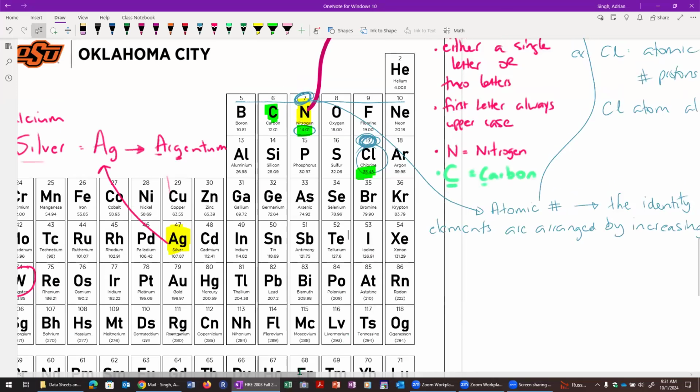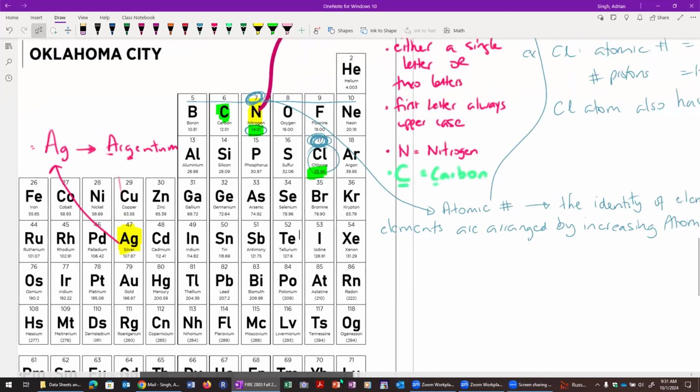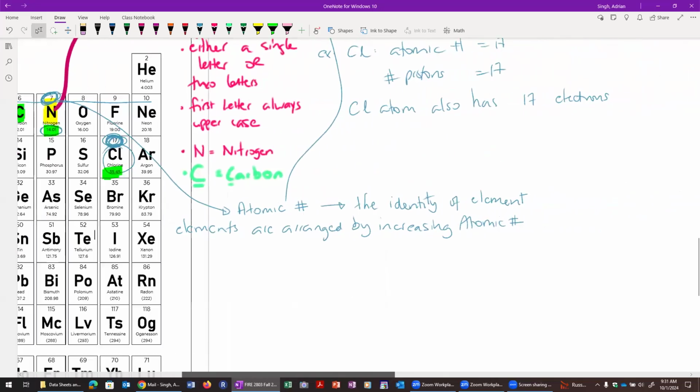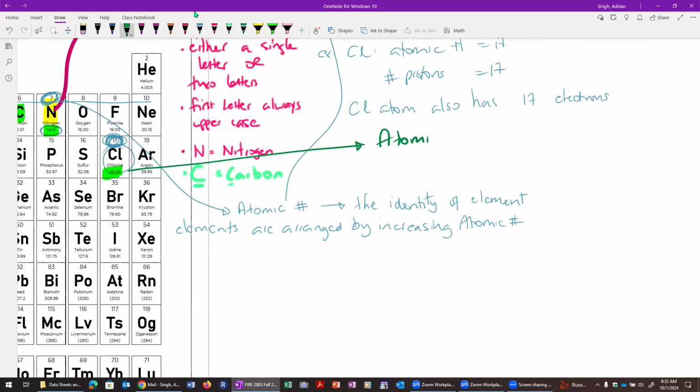Sometimes it's called the atomic weight. They're used interchangeably. Atomic mass or atomic weight for Cl is 35.45, and then if it's a mass or a weight, we need to